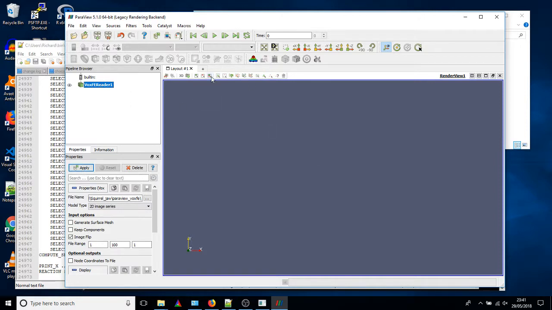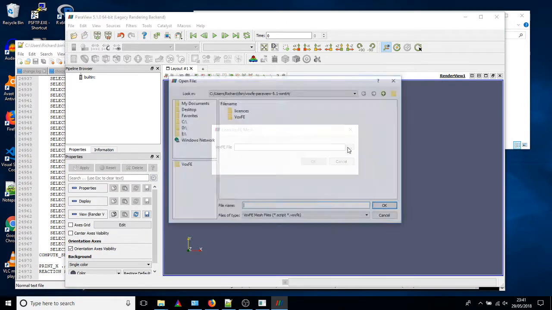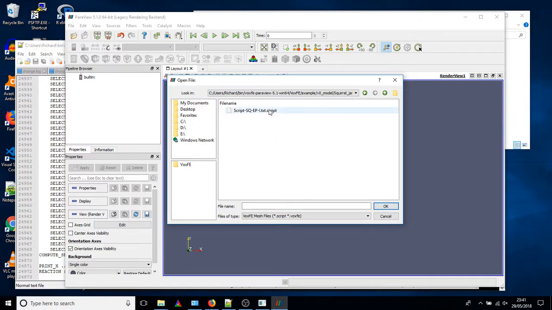Didn't like that, so I'm just going to delete it, try it again. In here. Right, okay, we've now made our way to this script file in the correct place, and if I open that